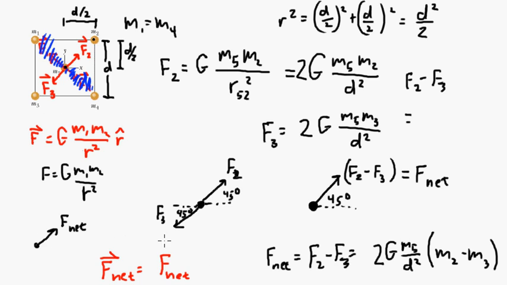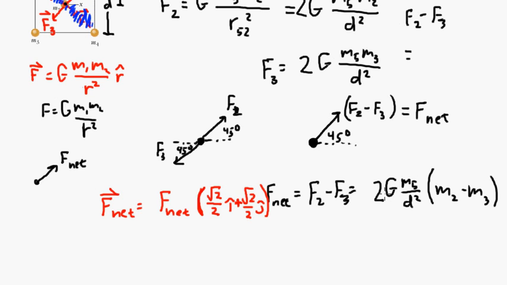Well, this is a unit vector pointing up at a 45-degree angle, right? I think you can probably remember from geometry that if we take the sine and cosine and multiply them each by i and j, we'll get our unit vector. So our unit vector here is radical 2 over 2 i hat plus radical 2 over 2 j hat. So what that means is if we take this expression for F net and plug some stuff in, then what we're going to get is